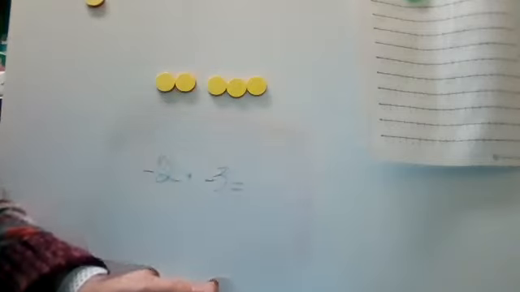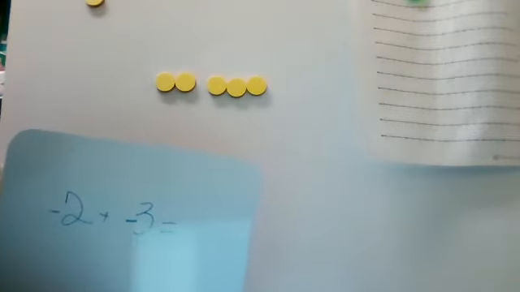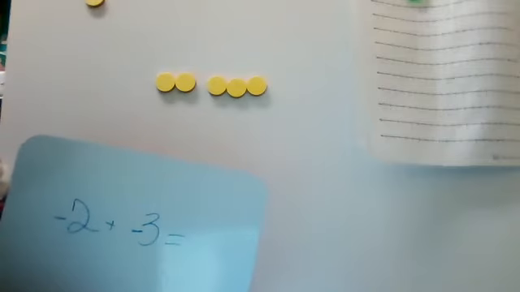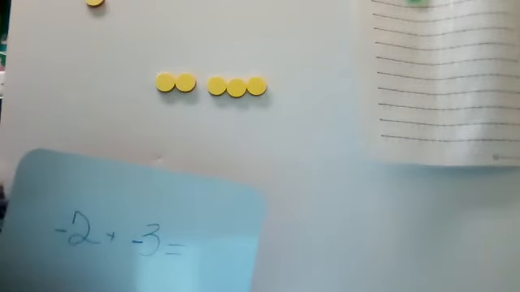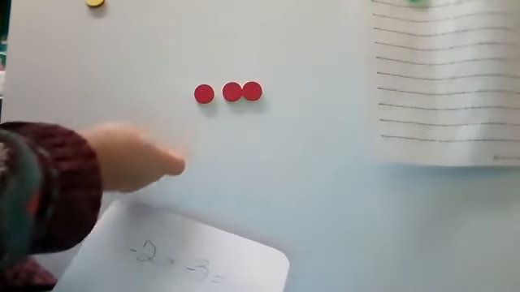Okay. Now this, for students, gets to be a little complicated because now we're bringing in negative numbers. And so it gets kind of confusing, and people are trying to minus things and trying to figure things out. And I want you to keep in mind that with these tiles, or these counters rather, it's really kind of a simple process. Negatives are represented by the red. So I have 2 reds. And then I have 3 more